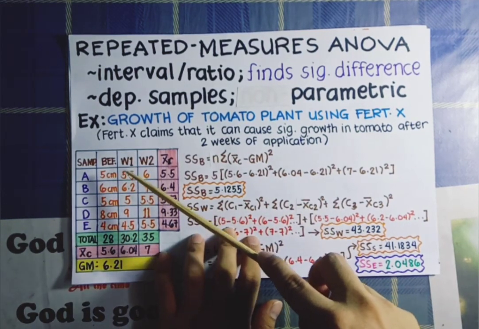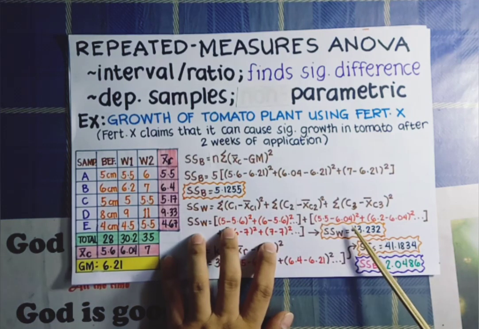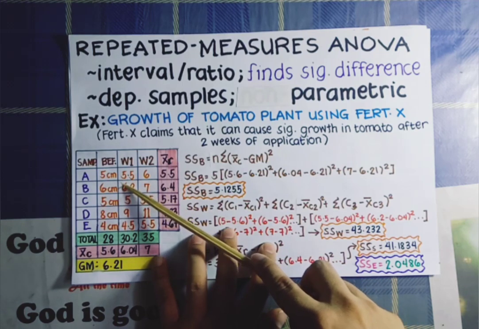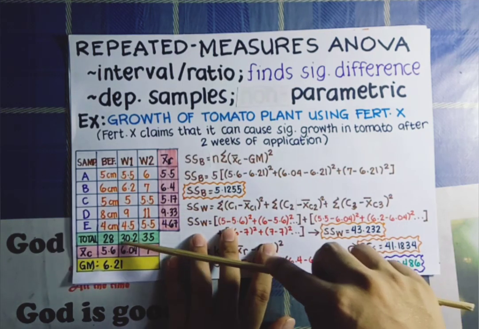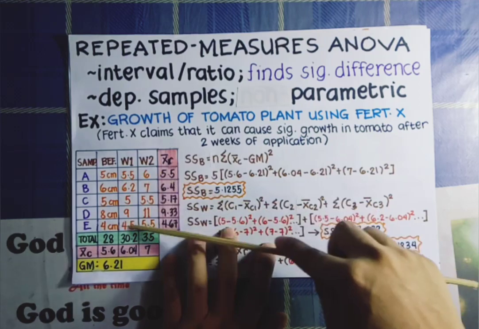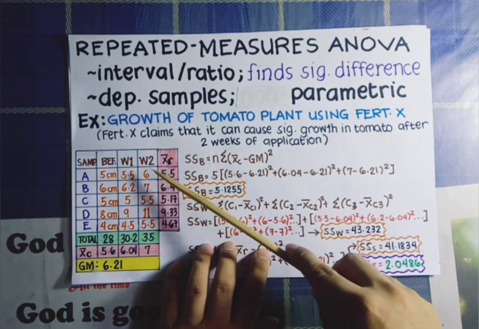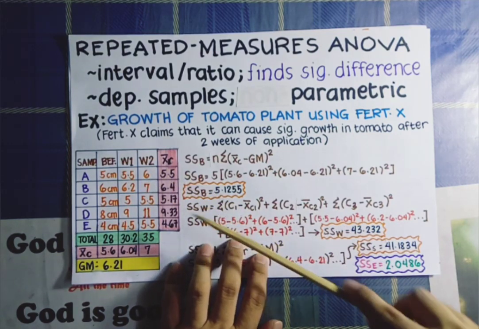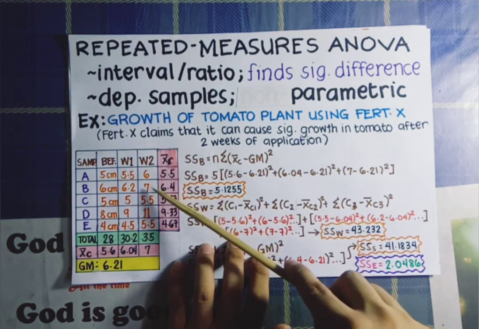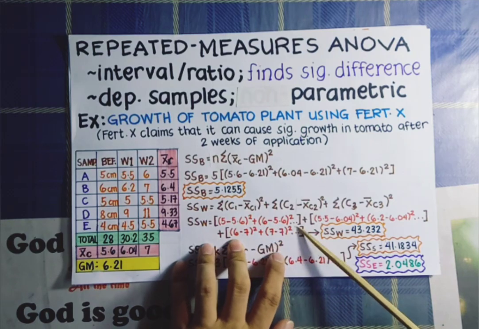we have here 5.5, minus the mean for the second column is 6.04 squared, plus our second data in the second column is 6.2, minus, again, the mean for the second column is 6.04 squared, and again, we are going to do that in all the data that we have in our second column, plus, for the third column, we have here, for the first data, 6, minus, again, the mean for the third column is 7, squared, plus 7, minus the mean for the third column is 7 again, squared,